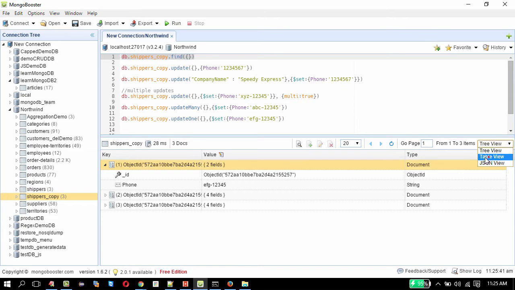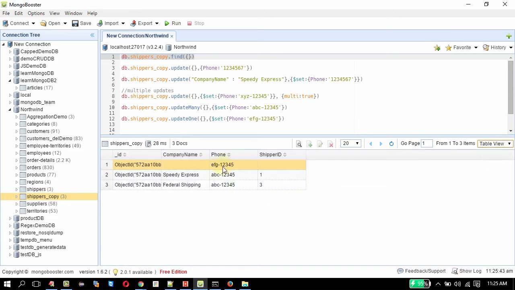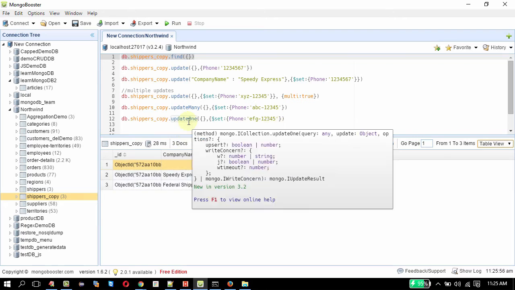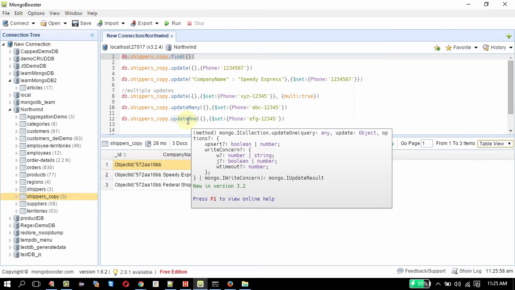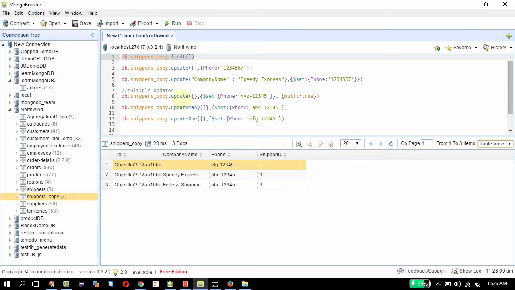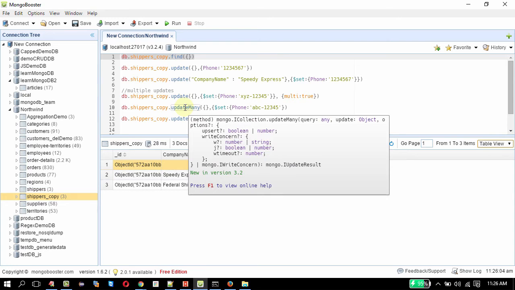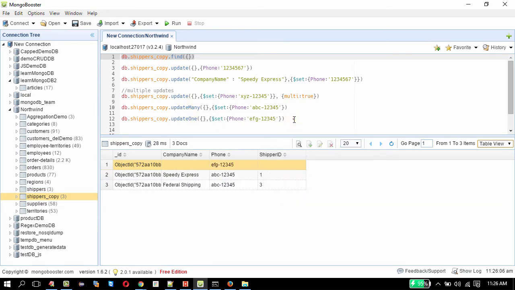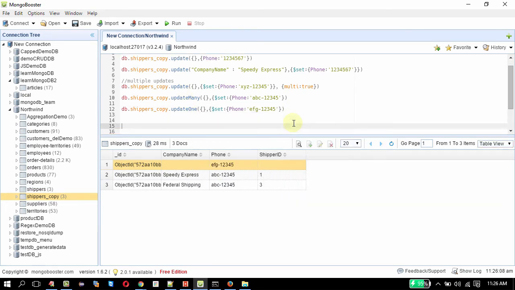Table view. So the first one got updated with EFG 12345, whereas the other ones have ABC 12345. This is how updateOne works. We have seen about update with multi option, we have seen about updateMany, and then we have seen about updateOne. Now to the most interesting one, that is upsert.